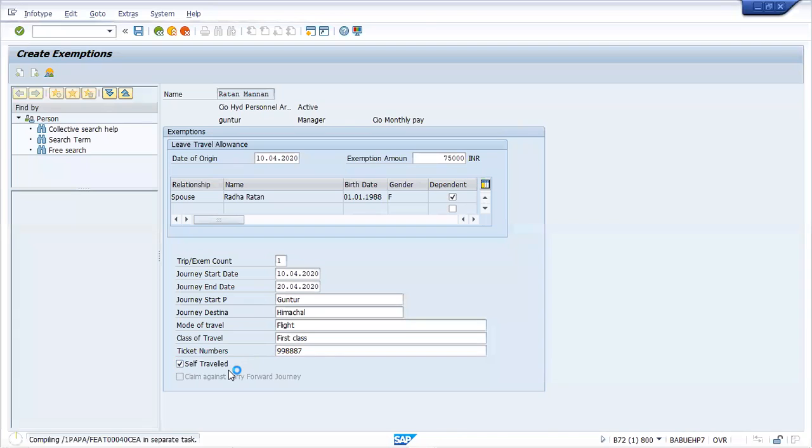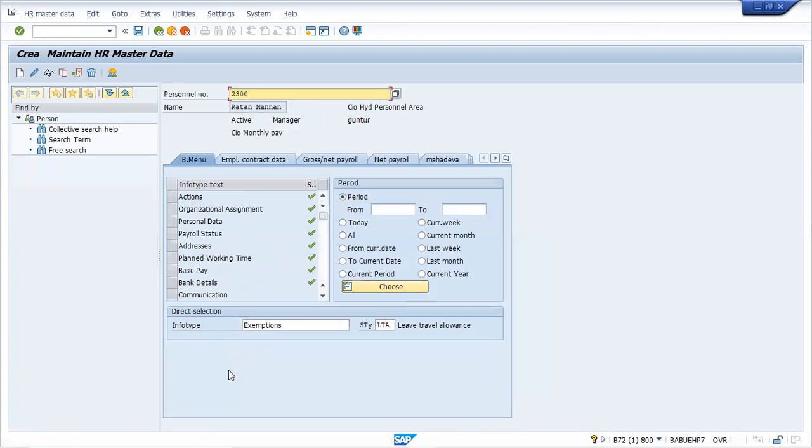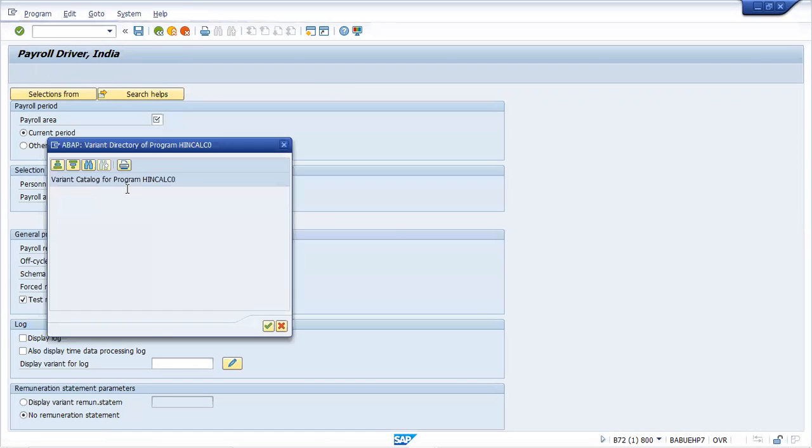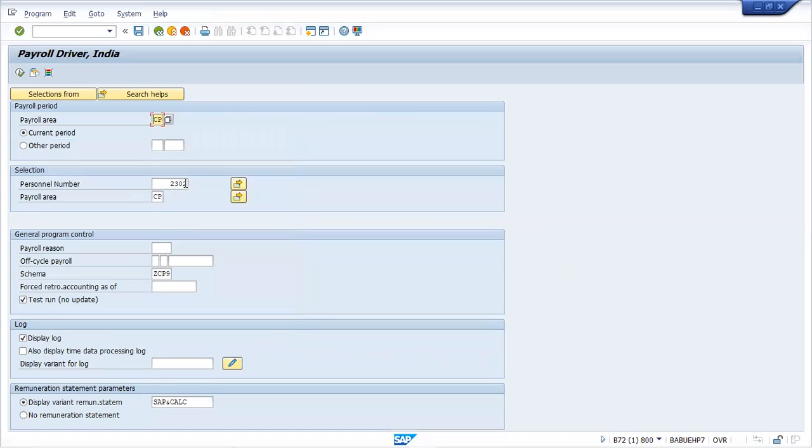So you may test it without that tick as well, and tell me what the difference is. Now we have maintained LTA exemptions. So now you can run the simulation of this employee, and we will be exploring a function called INLTA. That calculation I would like to see. If LTA is coming correctly, the remaining 3 or 4, whatever it is, that is homework for you. Both of you will try the same thing and see the exemptions.